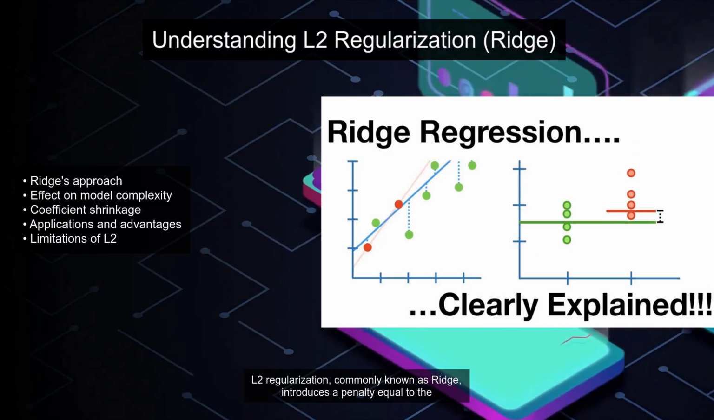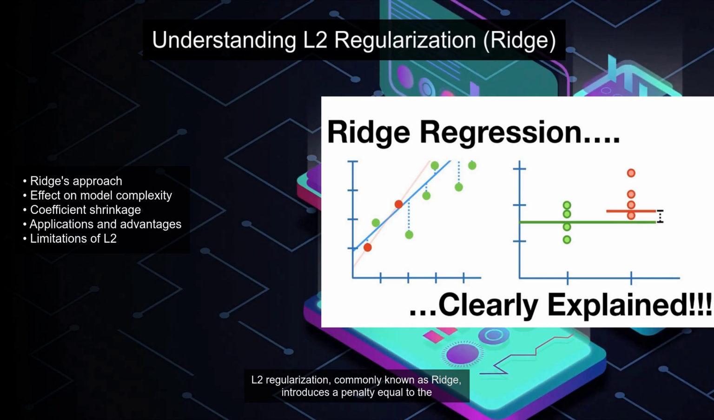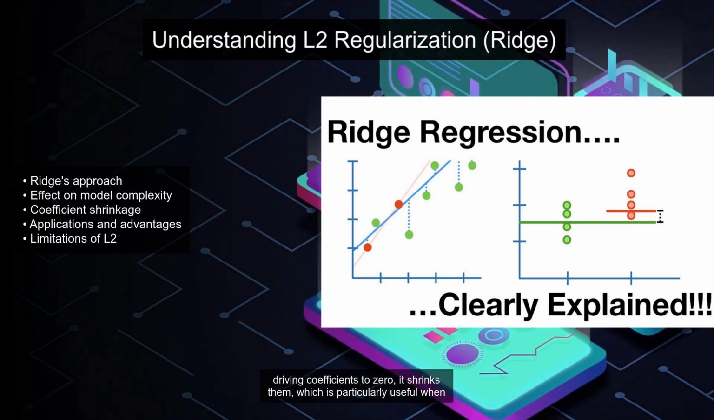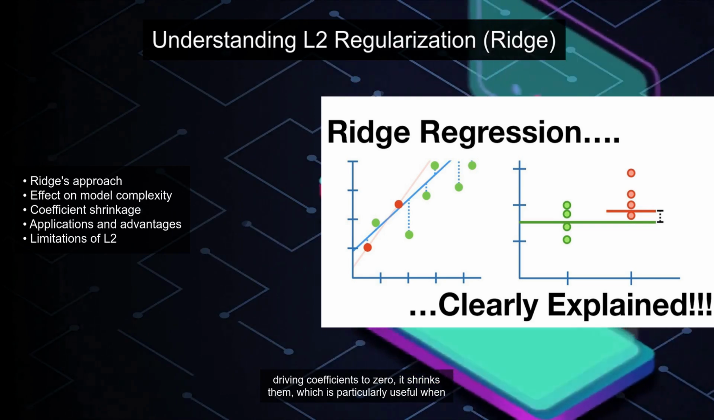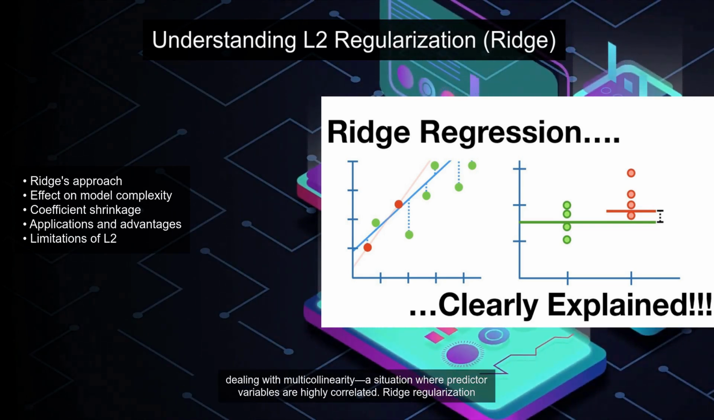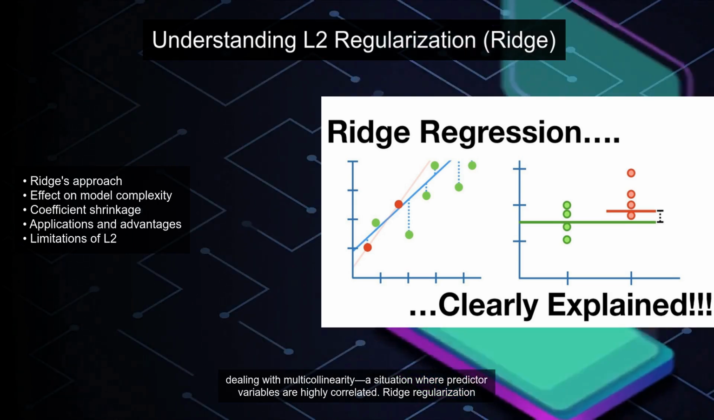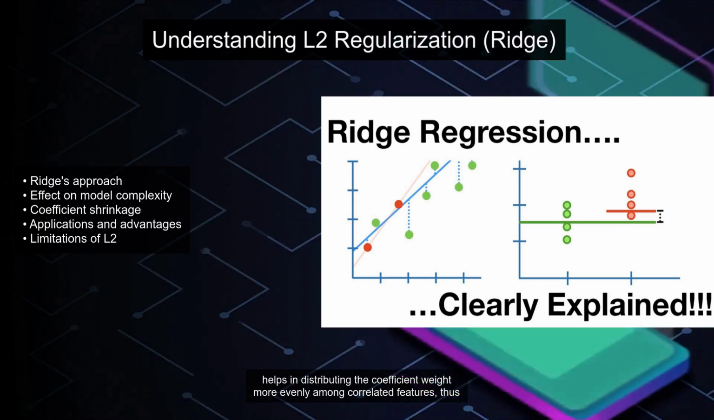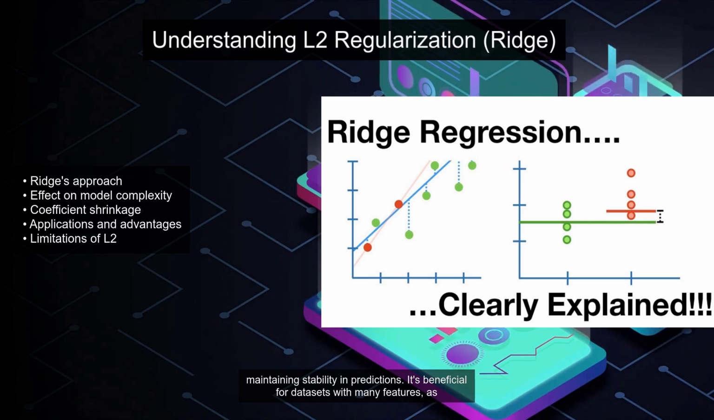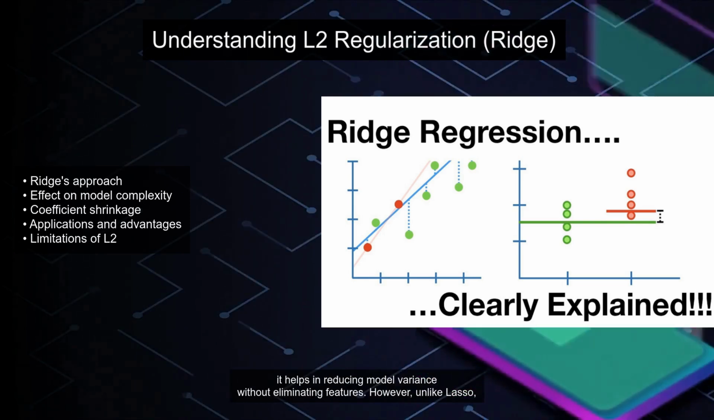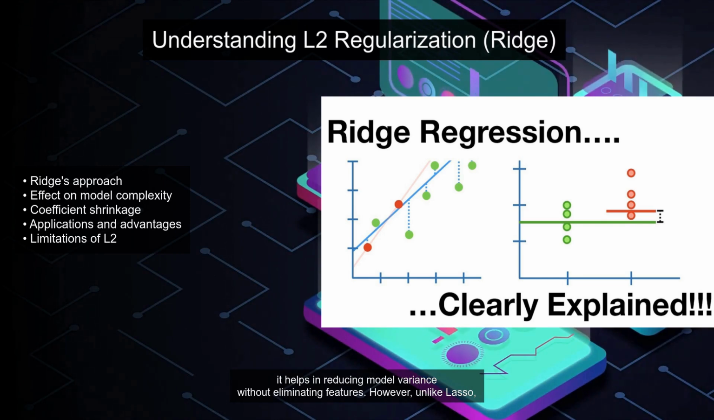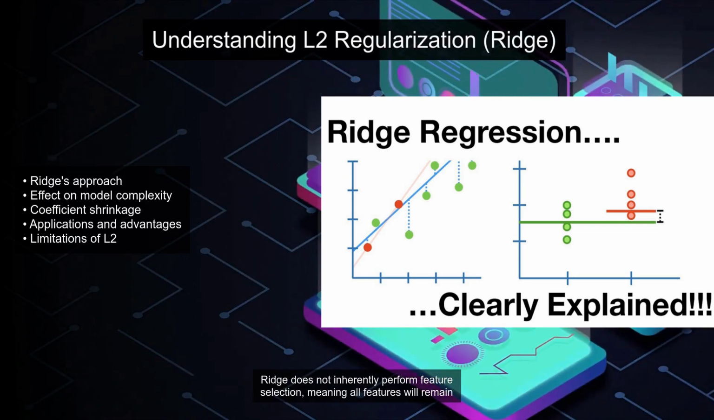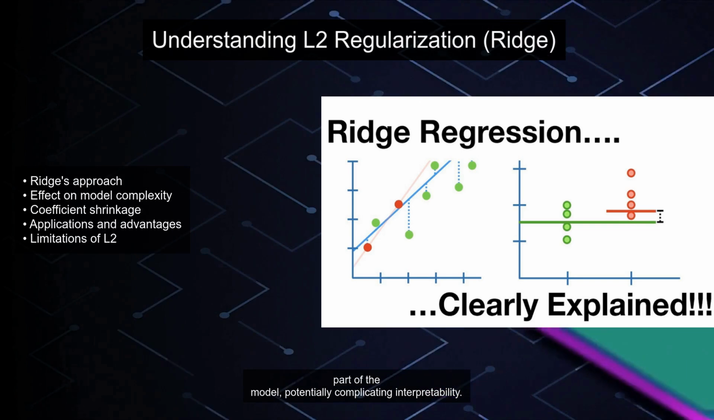L2 regularization, commonly known as Ridge, introduces a penalty equal to the square of the magnitude of coefficients to the loss function. Rather than driving coefficients to zero, it shrinks them, which is particularly useful when dealing with multicollinearity situations where predictor variables are highly correlated. Ridge regularization helps in distributing the coefficient weight more evenly among correlated features, thus maintaining stability in predictions. It's beneficial for datasets with many features, as it helps in reducing model variance without eliminating features. However, unlike Lasso, Ridge does not inherently perform feature selection, meaning all features will remain part of the model, potentially